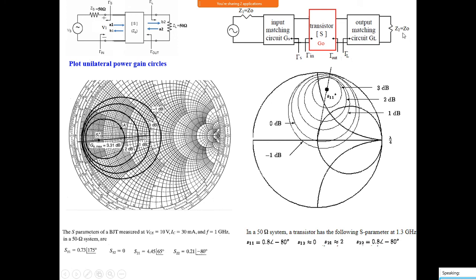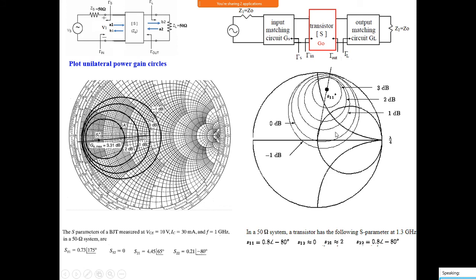Okay, so that's why, if the matching network is not connected, then what happens here? ZL equal to 50, but ZL equal to 50 doesn't give a gain equal to 1 dB. Actually, if you take ZL equal to 50 looking in this direction, that gives a 0 dB gain, but I want a 1 dB gain. So what we have to do, you should use an impedance matching network here. By using this, you change the impedance. Instead of 50 ohm, looking in this direction, it should be something else. What is that value of ZL? That may be any value over this circle.